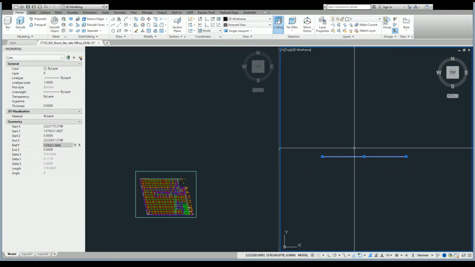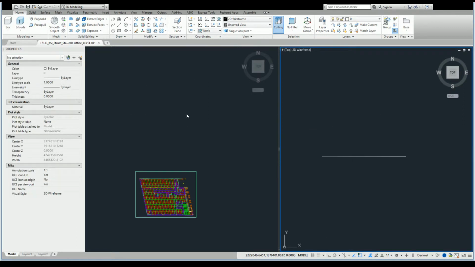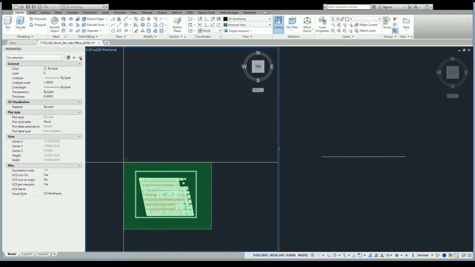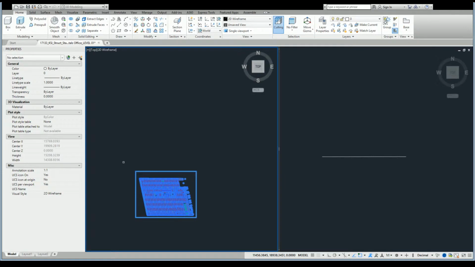Okay, so now we just have to do an alignment, and there's a couple different ways you can do it. You can use the Align tool in the Modify tab, or you can also type in Align Carlson. You can do a 2D align. So there's several different ways you can do that, but I want to select the left window because this is the part of the CAD file I want to move. So I'm going to do a crossing window over that, and I'm going to hit enter,